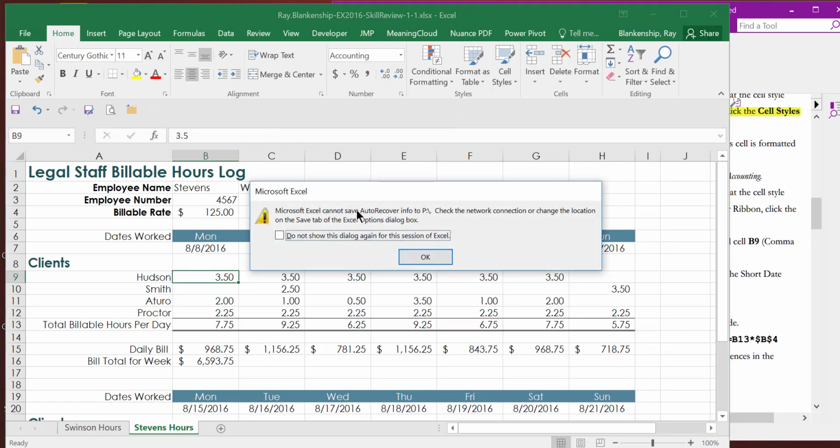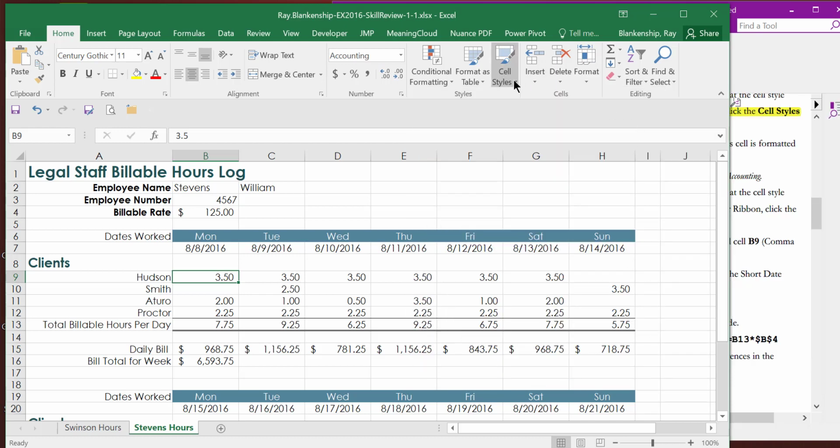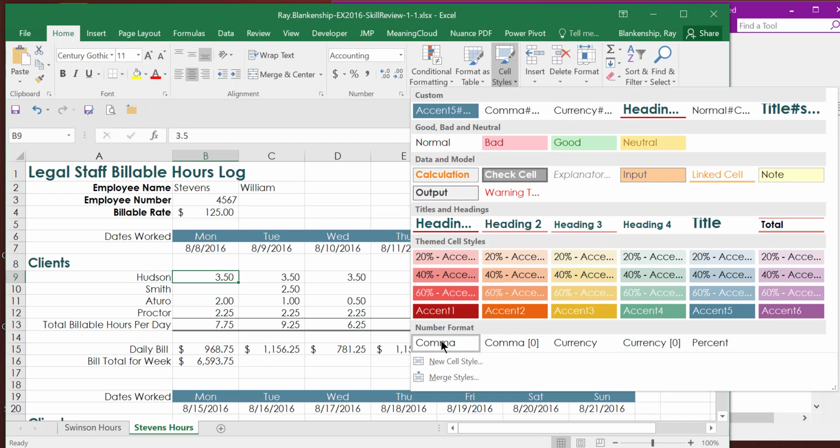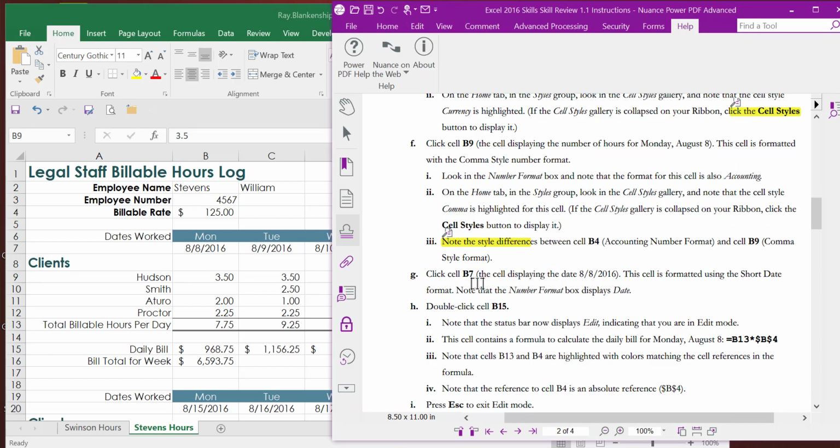So if we look on cell styles, you'll notice that it's highlighted, comma right here. And that's one way you can tell what the formatting might be. So if we click on cell styles, we can see that it's comma down here. And so if we go back and click on B7,